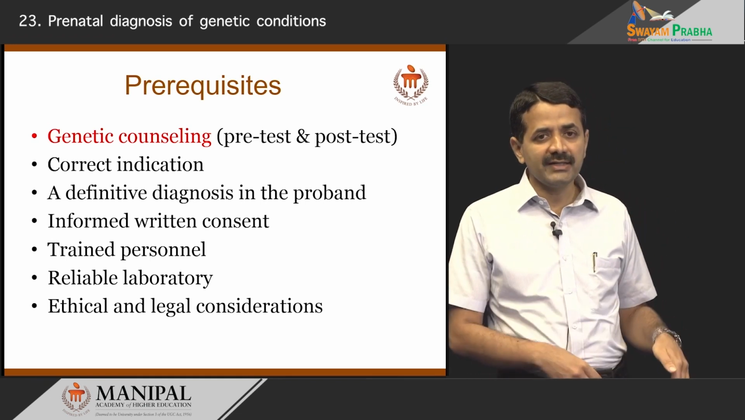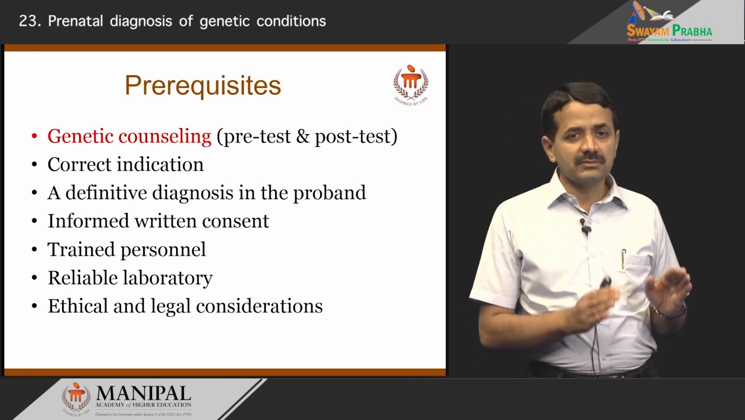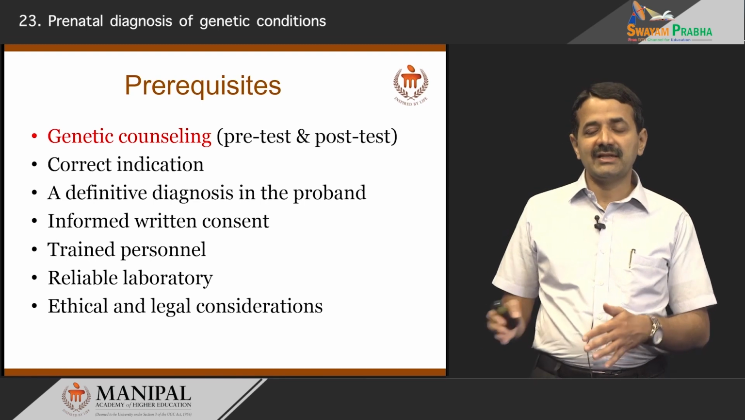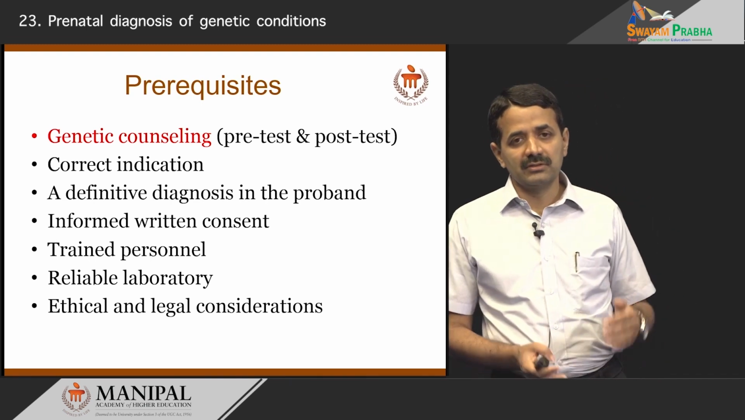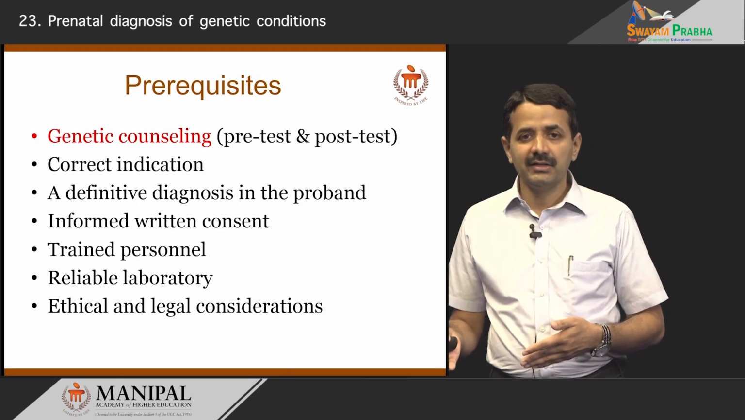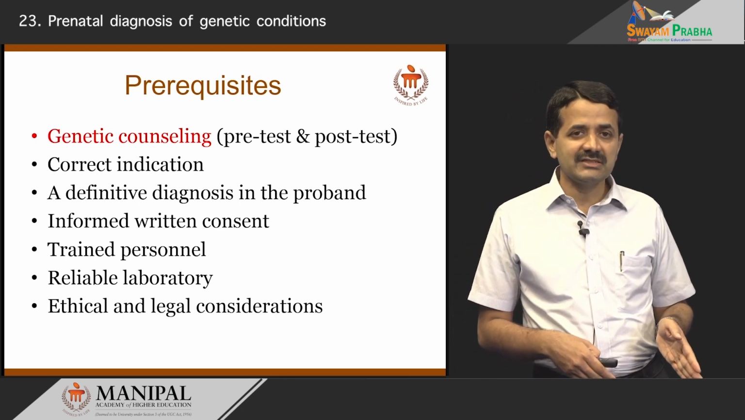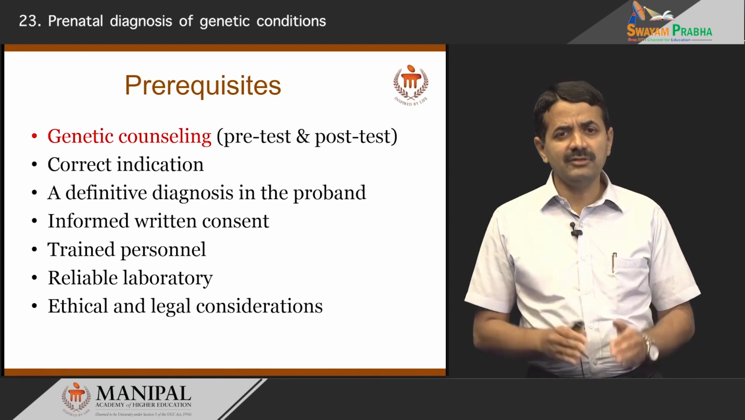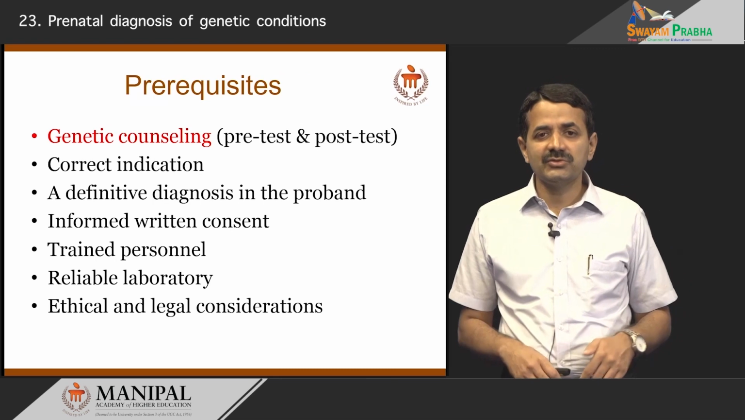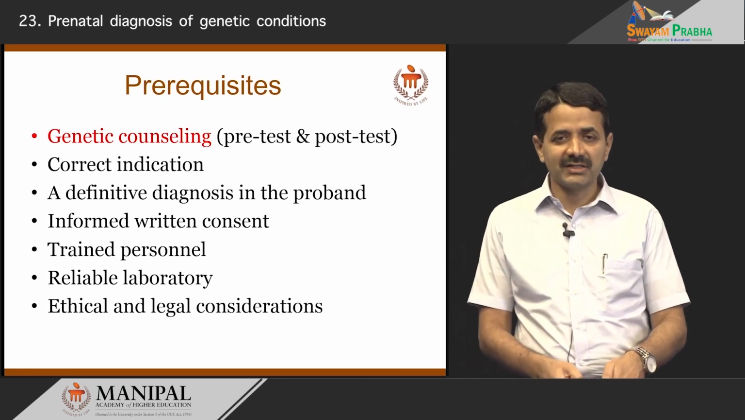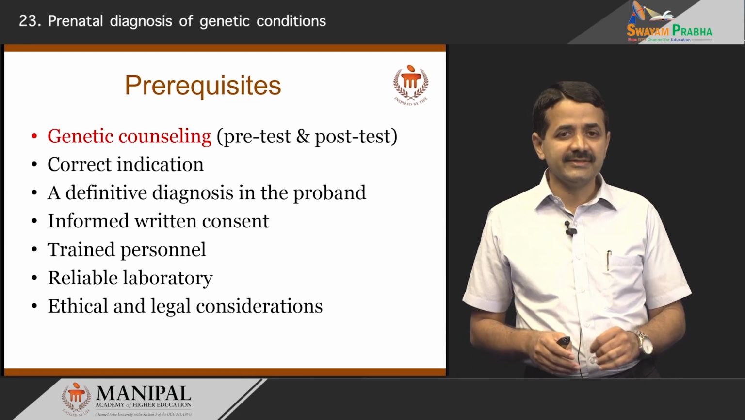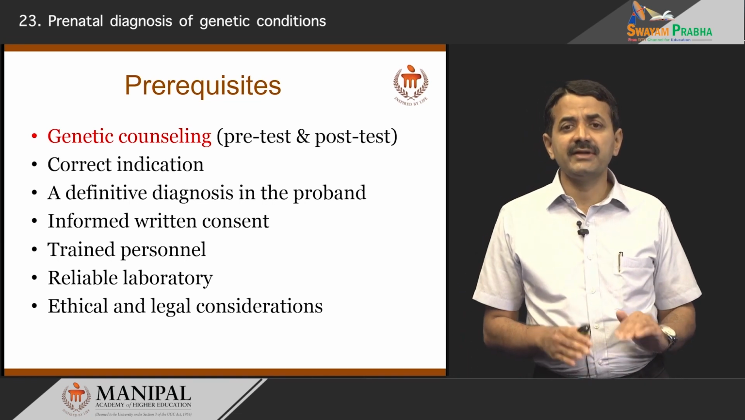So, we need to identify what is the genetic problem in the family beforehand, unless it is something like Down syndrome, where we know it is chromosome 21 which is increased in number. Otherwise, for monogenic diseases, we need to know what we are looking for. We do not have a test which can look at all the diseases in one test. Usually it is a specific test for a specific genetic condition, and we should have a definitive diagnosis in the proband